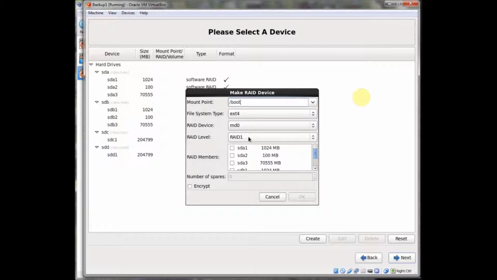RAID 1 is mirroring. I would recommend that if you don't understand RAID levels, you go out and Google around and do a little bit of reading about it. And then we're going to make the 100 meg and this 100 meg. The 100 meg on each disk is going to be for our boot partition, and ext4 is fine for that. You can make it ext3 or something if you want. Some older distros like CentOS 5, I believe, would not understand ext4 for a boot, but CentOS 6 you're fine. Say okay,